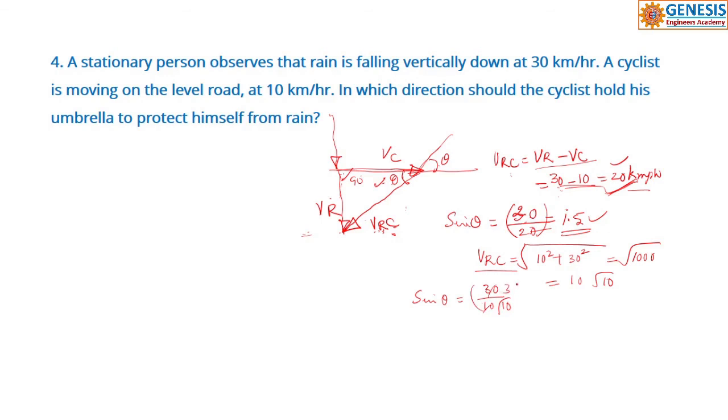You can calculate using this form. So don't ever take all these things directly. You only have to obtain the magnitude of that one. It's a vector representation. VRC is a vector. So that is why the magnitude of VRC is equal to root over VR square plus VC square plus 2 VR VC times the cos of the angle between these two. Okay. So like that you have to find out.